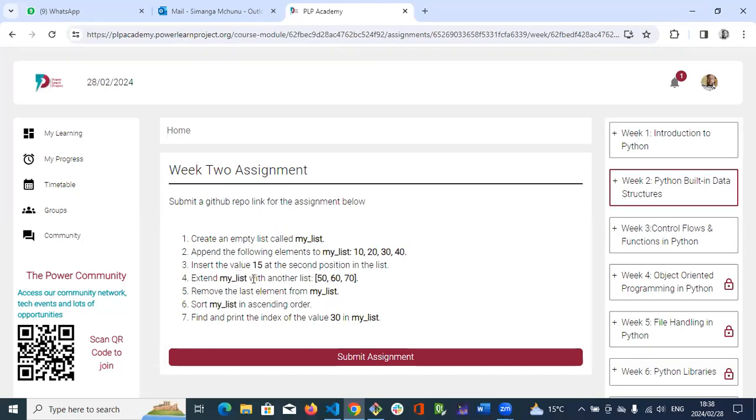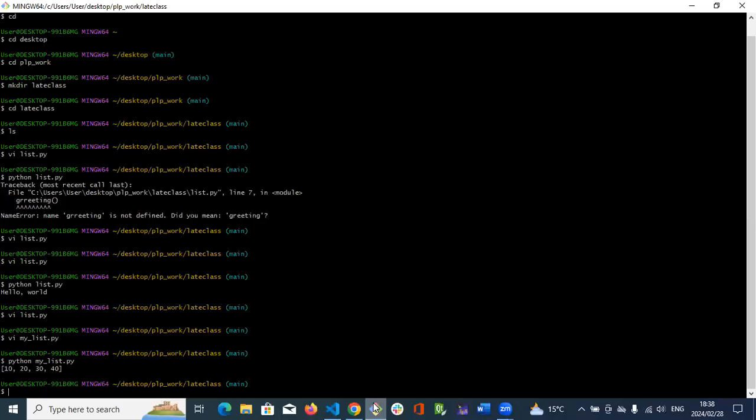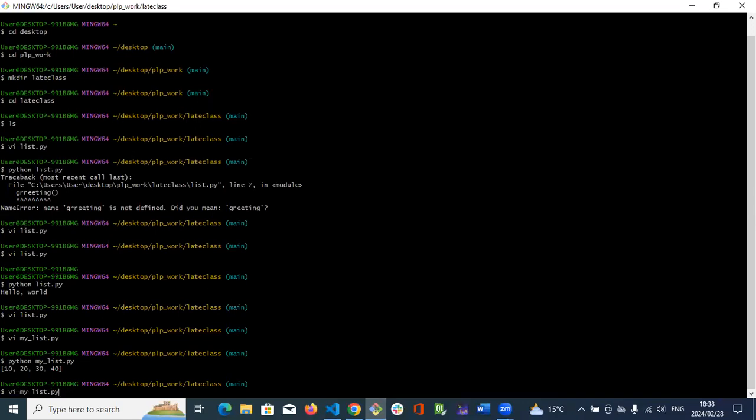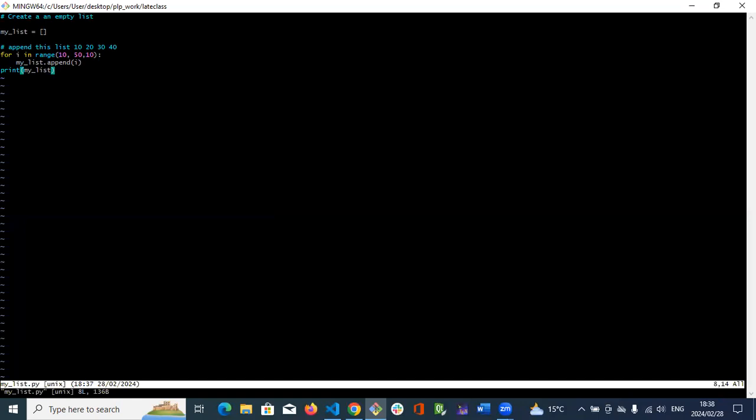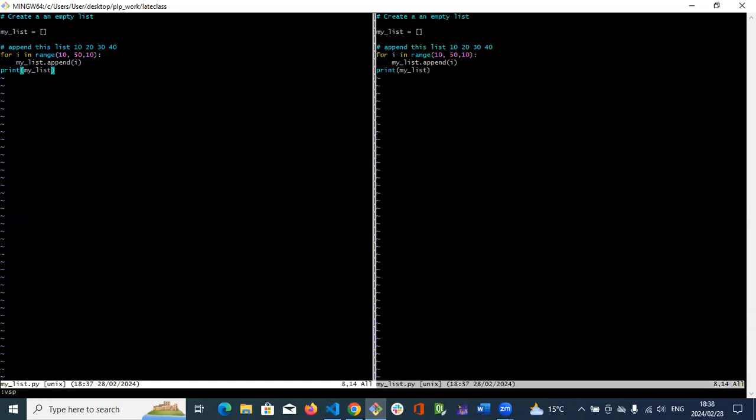So now they say insert the value 15 at the second position in the list. Okay, we go back to that code. They say we must insert the value 15 in the second position. So remember we have 10, 20, 30, 40. In our list, we use insert. There's a method called insert. So you can say my list dot